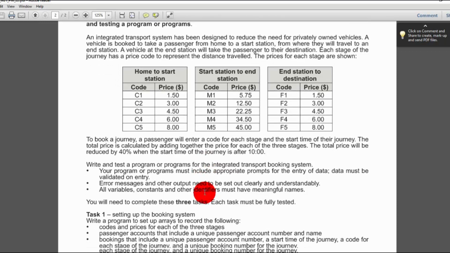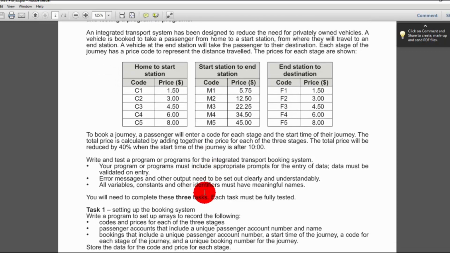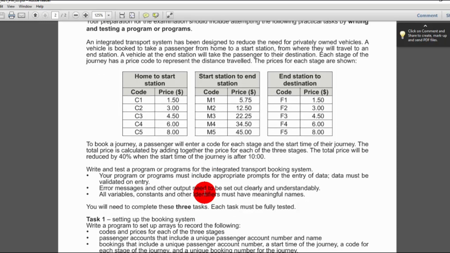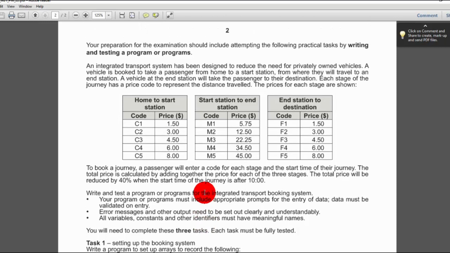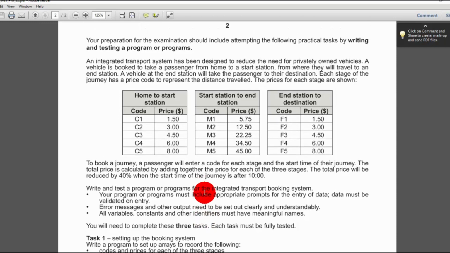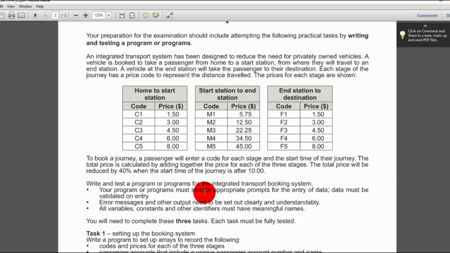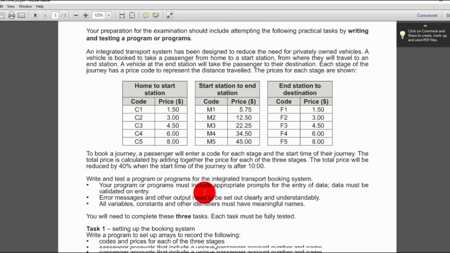So what we have to do in task 1, I repeat myself, is study the scenario in detail, because everything is mentioned here. So it is very important to look through it. Do not just have a glimpse or a glance of it. No, you have to read it thoroughly, study it thoroughly, to see what is being asked. Everything is mentioned here.